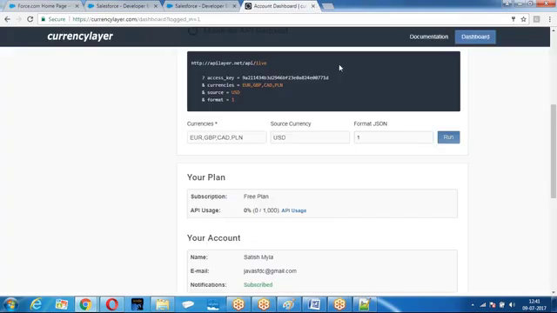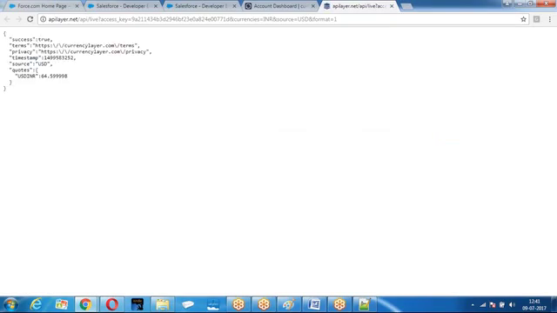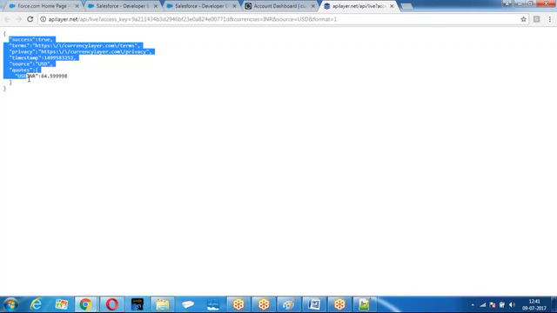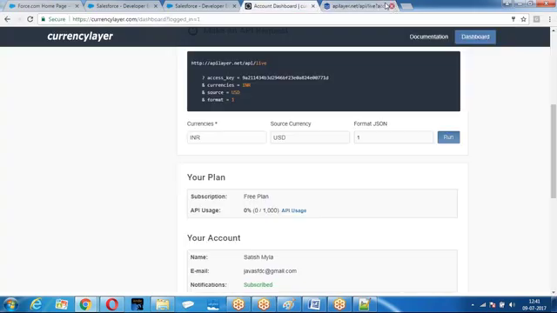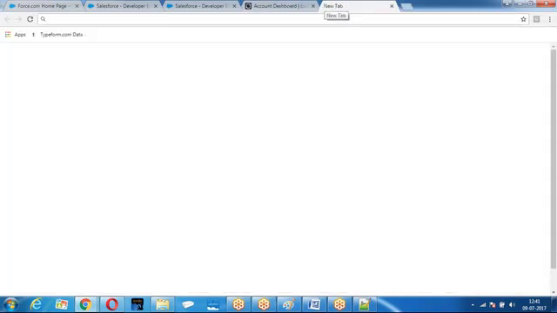If you give, like I want to say, $1 equal to how many? Right now, the price of dollar, it has given, is 64 rupees. $1 equal to 64 rupees. The response is coming in the form of JSON. To generate this dynamic format, what did I use? JSON generator. Fine. Let me go to one more.